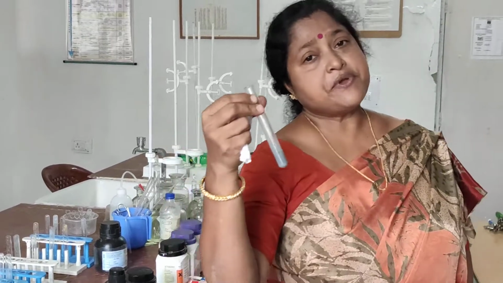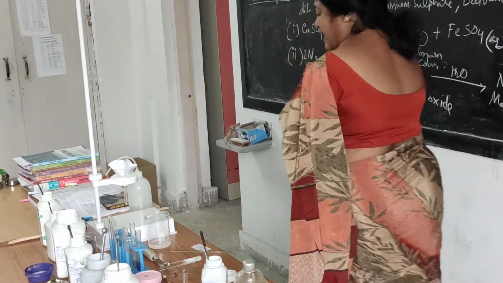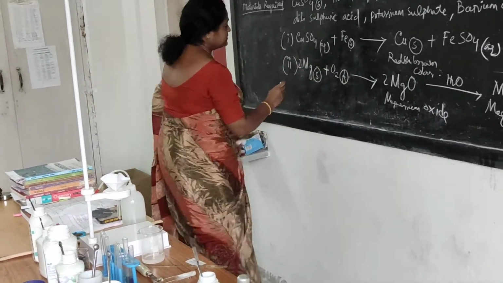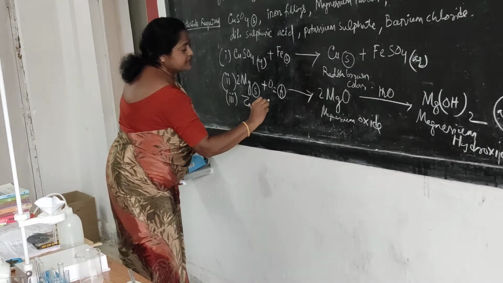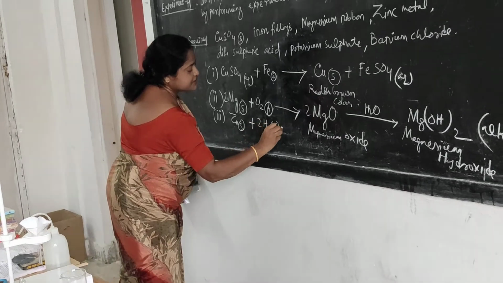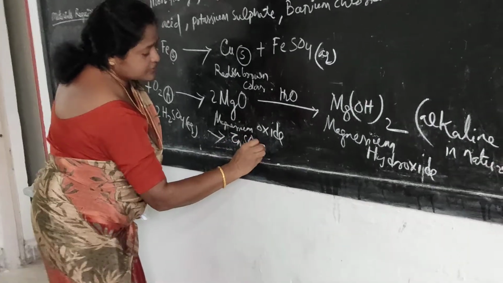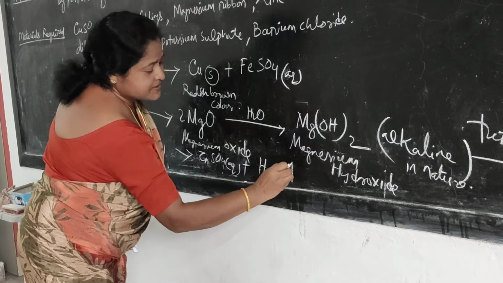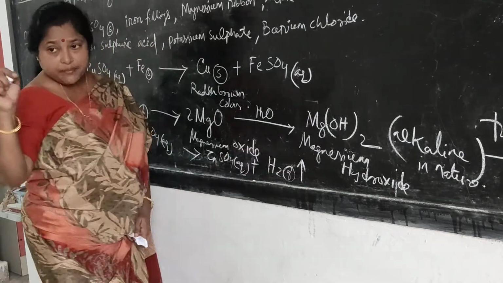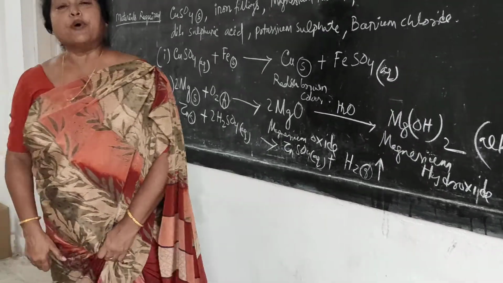You should do this experiment with the proper supervision of your teacher. And this gas which is coming out from here is nothing but your hydrogen gas. I am writing, students, here the third experiment. Zinc solid when reacted with dilute sulfuric acid aqueous, I am getting ZnSO4 aqueous and hydrogen gas. This hydrogen gas, when a matchstick is entered into it, a little explosion comes out and it is the pop sound.